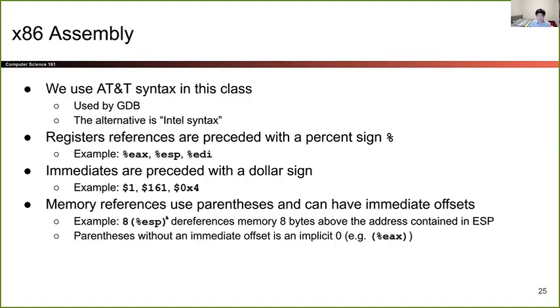If you don't see an explicit offset, then